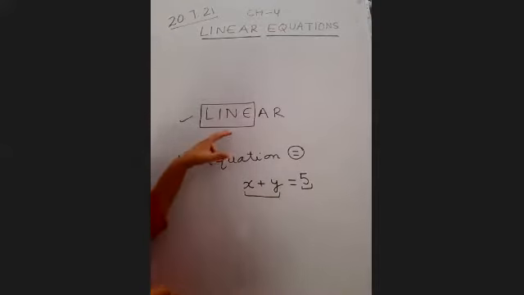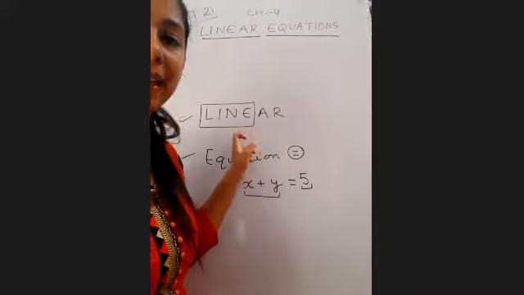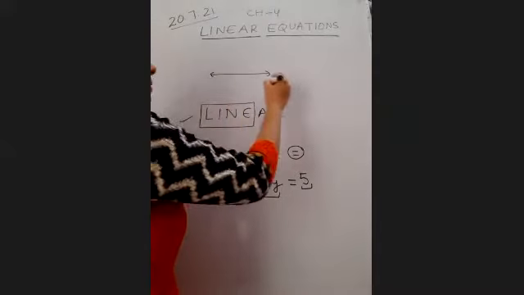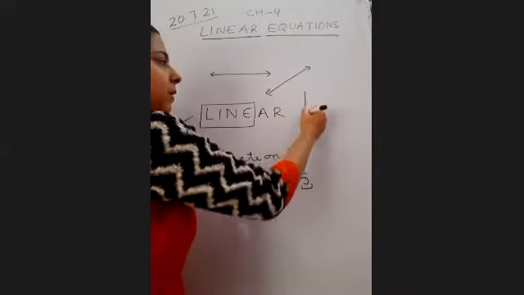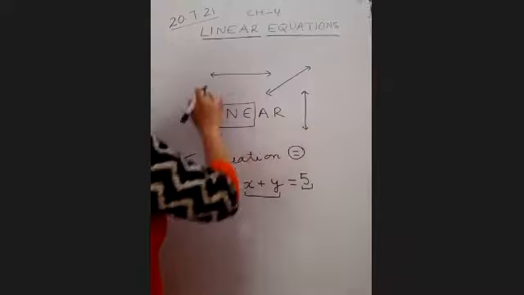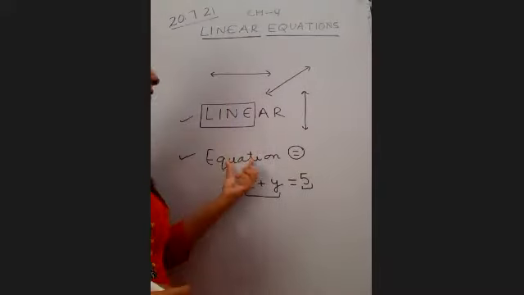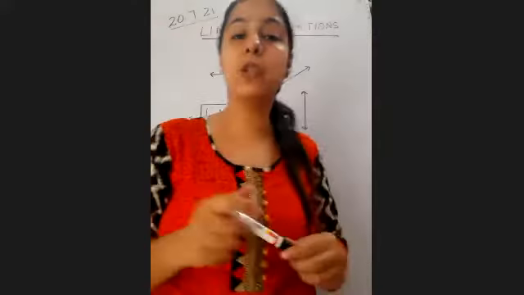Now, in the term linear, there is a hidden term line. Line is a straight path. It could be this. Any straight path is a line. These all are the examples of straight path lines. So here linear equation means line. Hidden term is line. So in this chapter, children, we shall learn